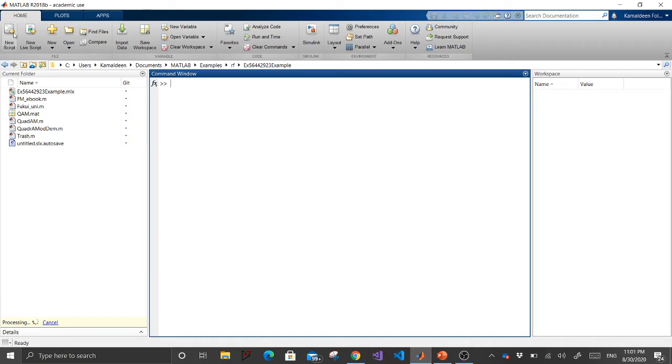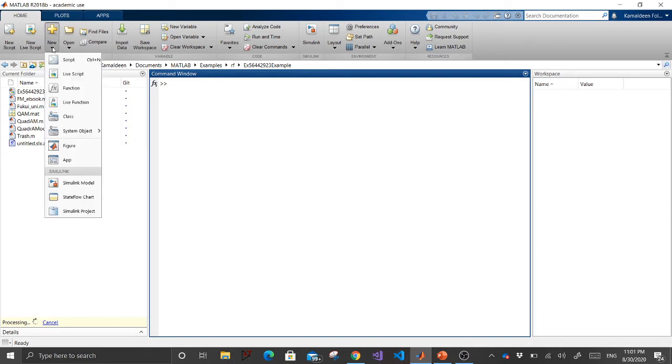So under home, you are going to see new script, how to create a script if you actually want to create a script. Followed by it, we are going to see new live script. And after that, you are going to see new. So this new can give you different things. You can have script, live script, function, live function, class, how to create class, system object, basic, advanced,